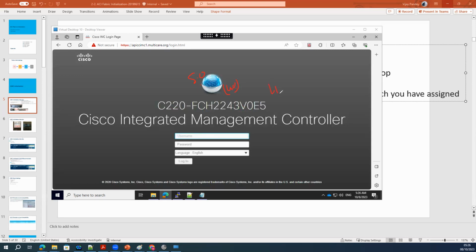If you have APIC 4.0, then your CIMC can be 3.0. So it's also compatibility stuff. If you want to upgrade the CIMC or APIC, you have to check the compatibility. What is the full form of CIMC? Cisco Integrated Management Controller. This will have a default admin password, but I have a different password because this is my production lab.